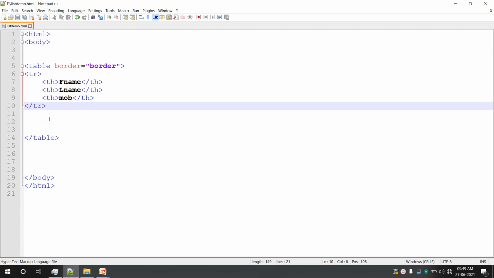Let us just verify our output, then we will add some more code to it. It is always suggested that you always test your program in between, not necessary to write the complete code at once, just write some code and test it, and again add some more code to it and again test it. Okay. So, the file name is list.demo. Actually I have saved in the same earlier file. So, I will just open it, it is in F drive.